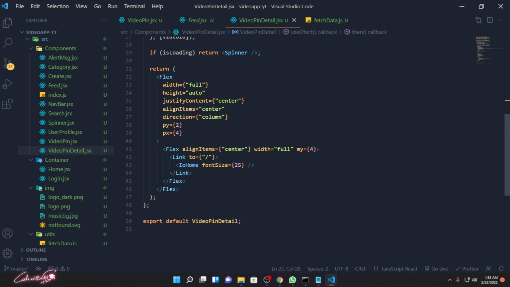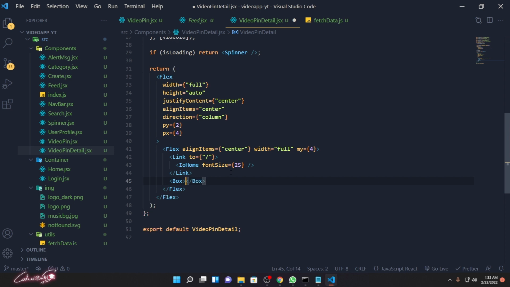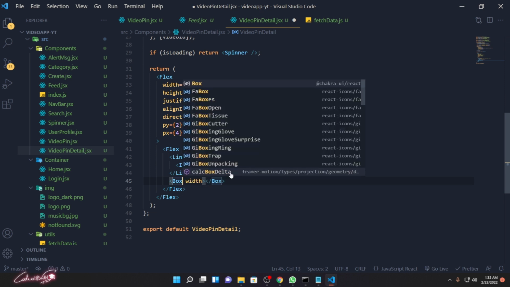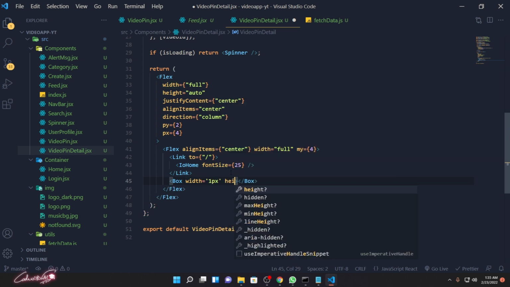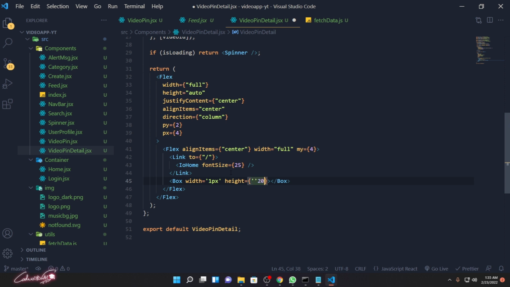And then what we need to do, we need to display that video title. Where we want to display that video title, right after this link. And right after this, I need to open a box. I need to display a divider. Width it's going to be, and imported width is going to be 1 pixel. Height it's going to be 20 pixel. And BG is going to be